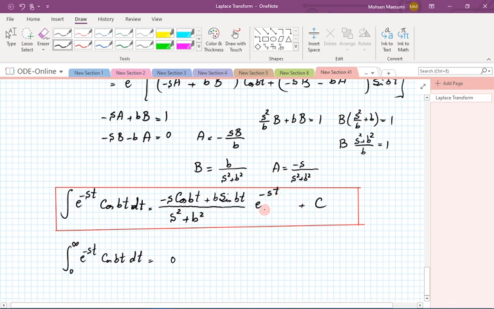At 0, well, this exponential becomes 1. At time equal to 0, this is 1, this is 0, and I'm subtracting s times 1 over s squared plus b squared. And there was a minus here already. So when you subtract it, you get s squared over s squared plus b squared. So this was a roundabout way of calculating the Laplace transform of a cosine from scratch by using items from